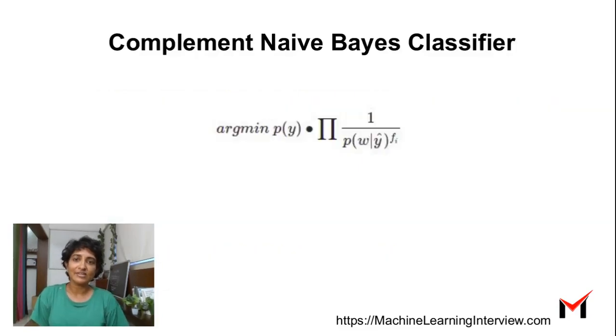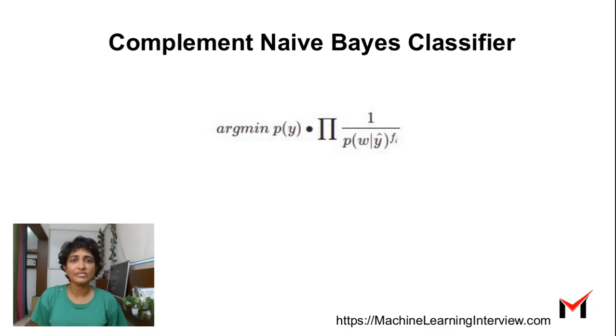So today we looked at complement naive Bayes classifier that's used for imbalanced data sets, particularly used in text classification tasks. And the way it intuitively works once again is that instead of looking at how many times a word occurs in a particular class, to see the importance of a word in the class, we look at how few times the word occurs in all the remaining classes by taking the inverse of probability of word occurring in all the other classes.